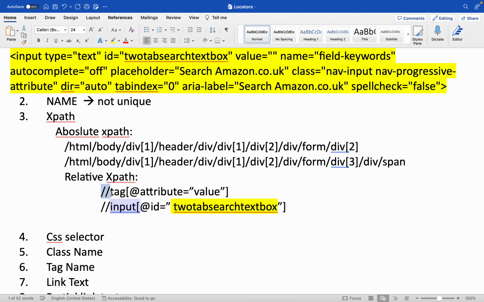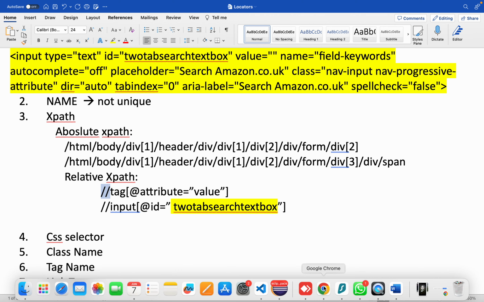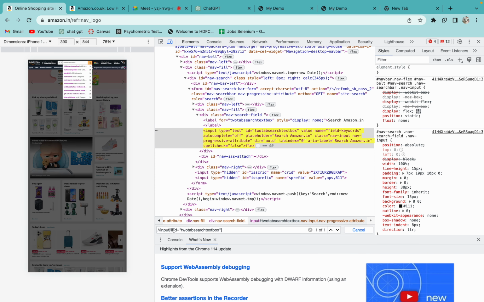But for today, just remember this one formula: two front slashes, tag, rectangle bracket, @attribute equal to value. Now you already know that ID is unique, right? So if I'm using the same, there is no point in using XPath. So I'll use some different value. Let me try to use placeholder. So placeholder is also one of the